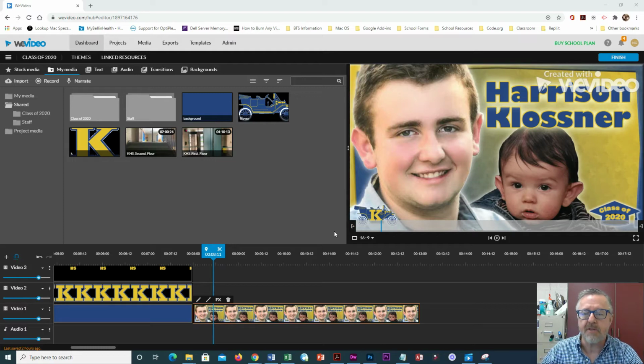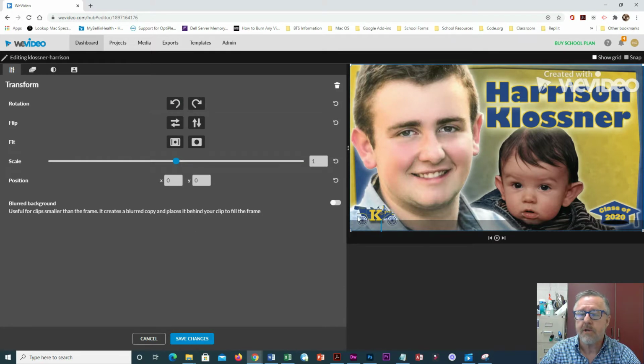Now, the second part of this project, which is really the main part, is you guys are going to create what's called a pan and scan effect for a bunch of images. I supplied you with a bunch of images in my class of 2020 shared folder. And so what you're going to do is simply, when you add it to the timeline, let me go ahead and open this up. The way pan and scan works is,